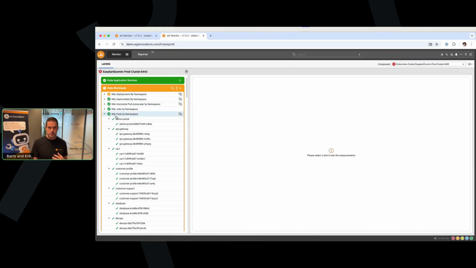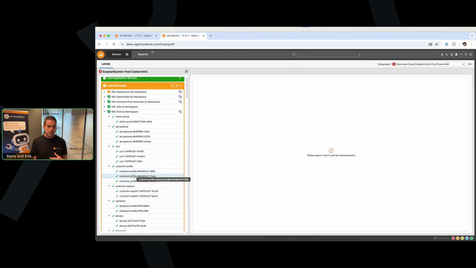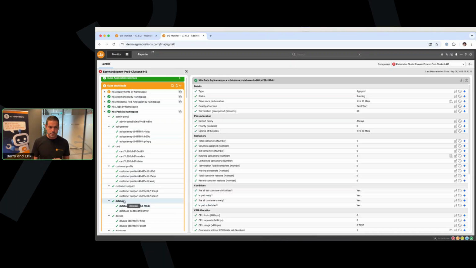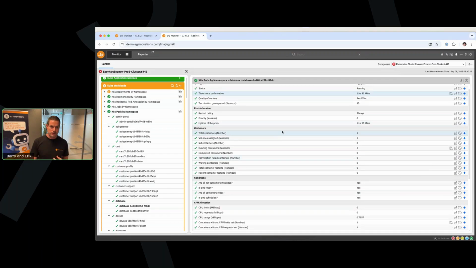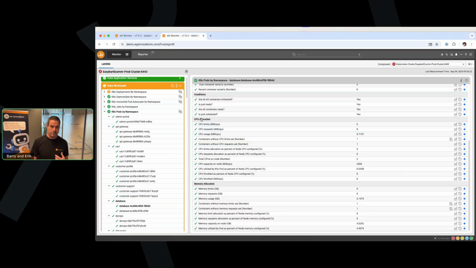So over here, you can see that we monitor the Kubernetes pods. And again, we sort them and list them based on the namespace. Now, if I click on one of the pods in the database namespace, then again, you can see that there's a lot of information. Information about how long it's already running, which type of image, things like that. But also if that pod is healthy or not, and also if the pod is within the resource allocation and things like that. So how much CPU is used, how much memory is used, things like that.